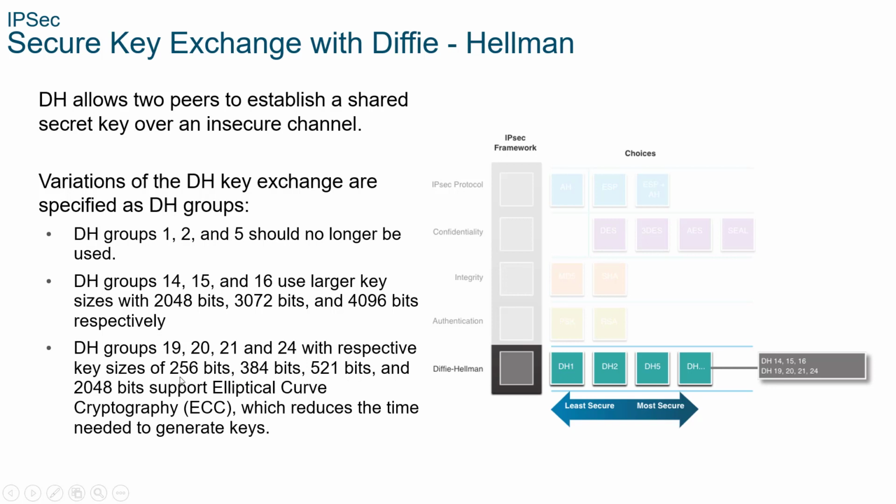So this reduces the time needed to generate the keys. We might want to look this up. I believe that because it supports elliptical curve cryptography, even though it's a smaller number of bits,